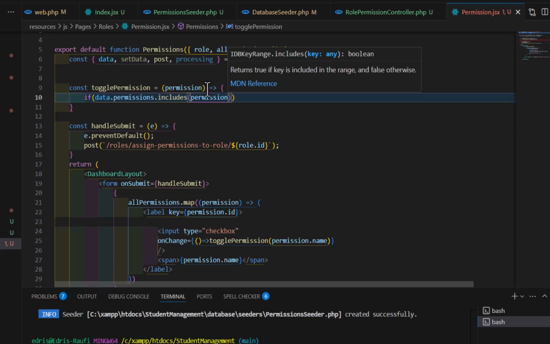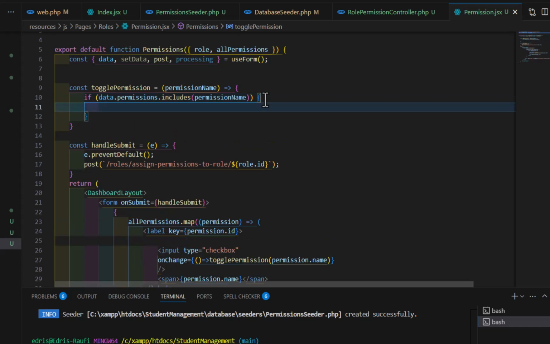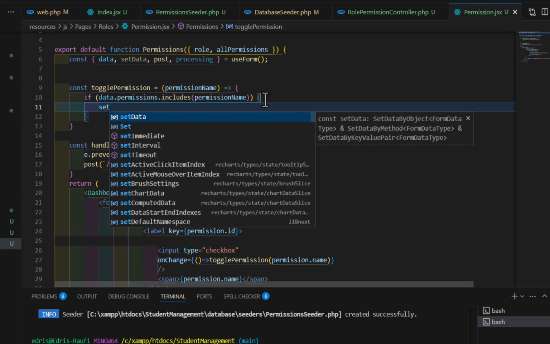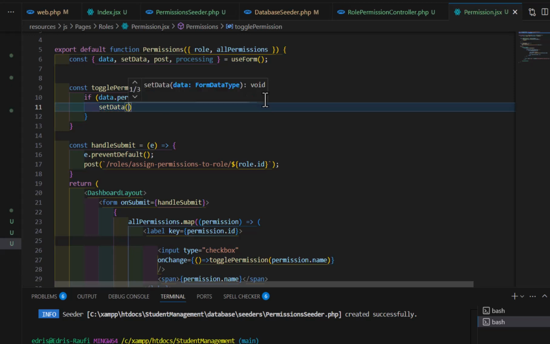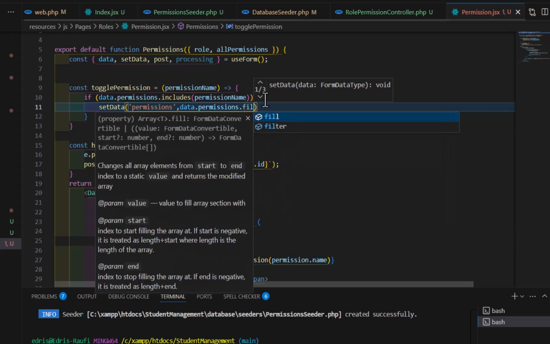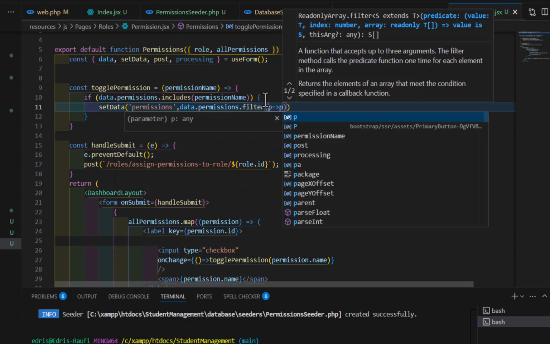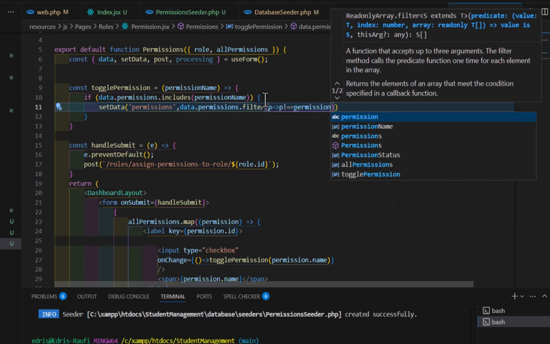So let's change this to permissionName so we don't get confused. So if this condition is true, then we will set our data permissions, setData permissions, and data.permissions.filter p not equal to permissionName,